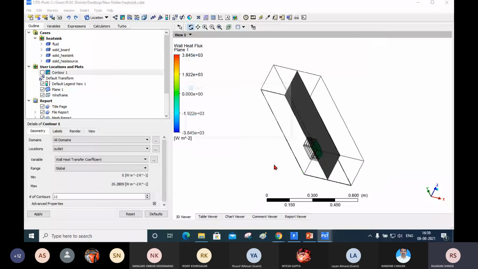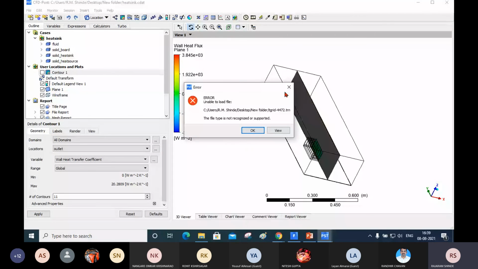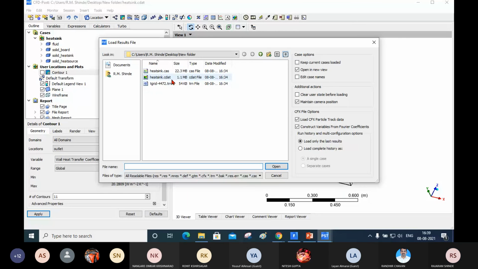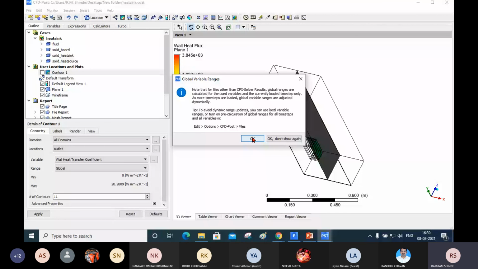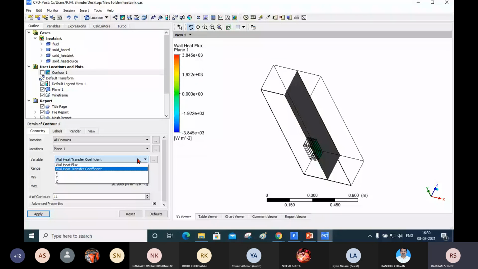File, load results. Okay. It has not loaded the results yet.